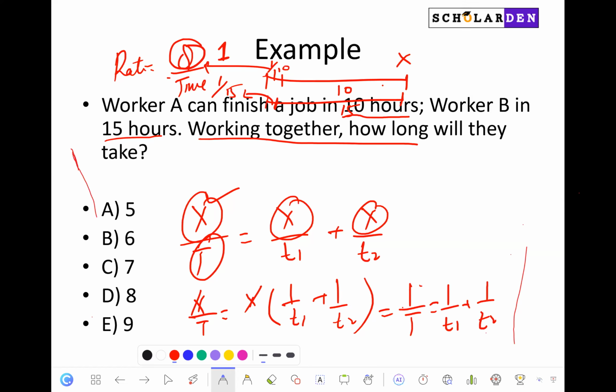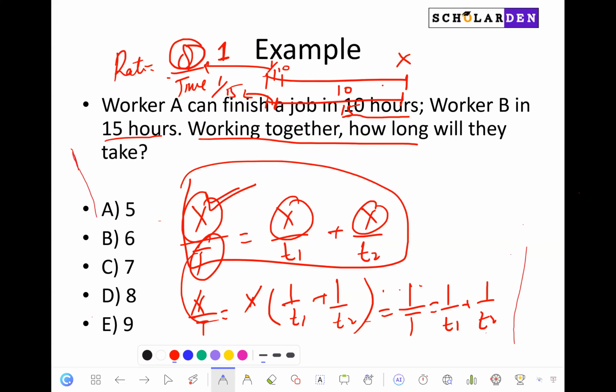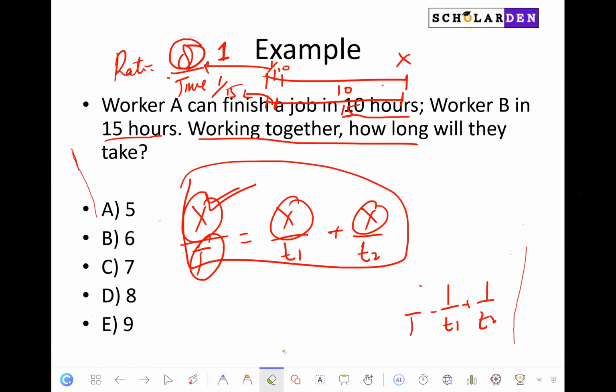So this is kind of a simplified form. This is a longer way of doing this, where you first have to assume x, and then you come over here, then you simplify, but you end up at the same point. So in the previous way as well, the first way that we did, that was perhaps a longer way, but it provides you an understanding of how rates are supposed to be dealt with. This is a shorter and more direct way. And this is also mathematically correct. So as we've just seen that,